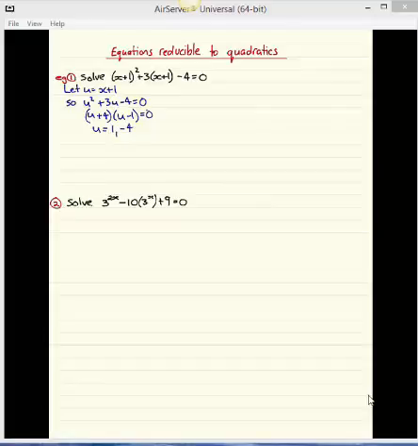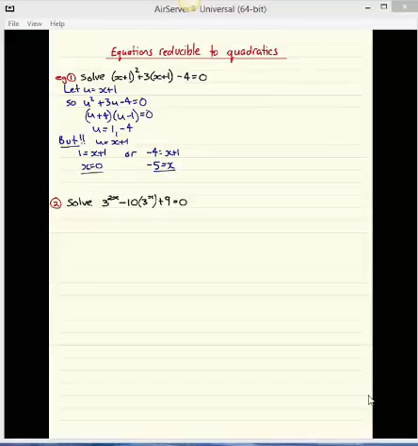And the biggest mistake kids make is to stop there. So don't. But you don't have to do the underline and the exclamation points. But u also equals x plus 1. So we know that 1 is equal to x plus 1, and therefore x is equal to 0. Or we know that negative 4 is equal to x plus 1, and therefore negative 5 is equal to x. So you've got two solutions